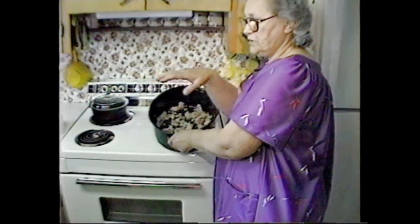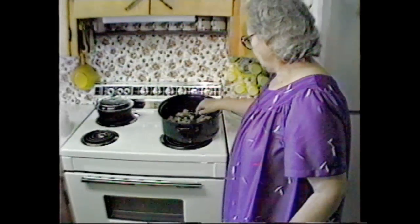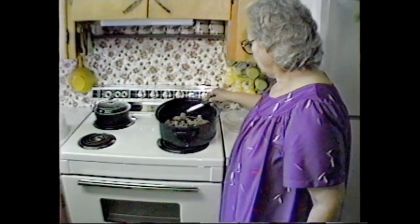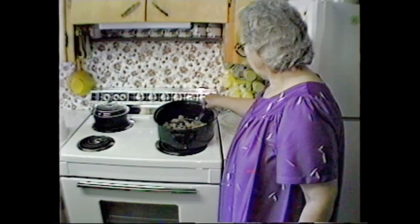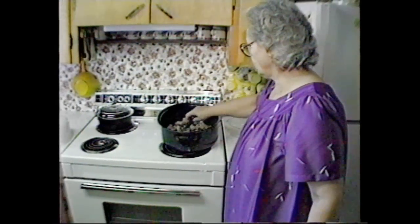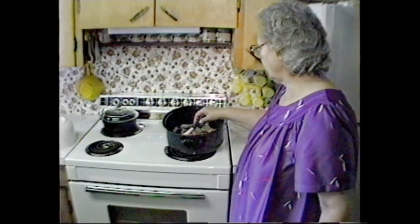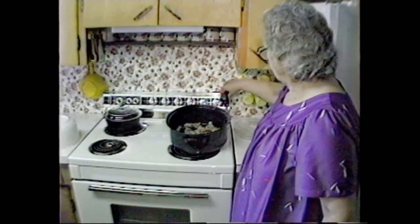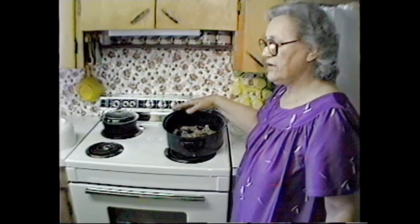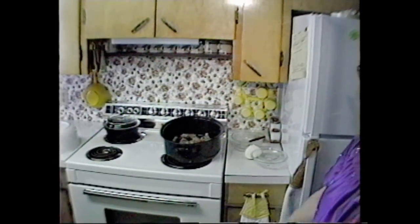Now we put the potatoes on top of this, and then we put water in it. This is the amount that it comes through, and then we get it to a boil. And then when the strudel are ready, we put them on top and cover them up and get them to a full rolling boil, and then put them in the oven at about